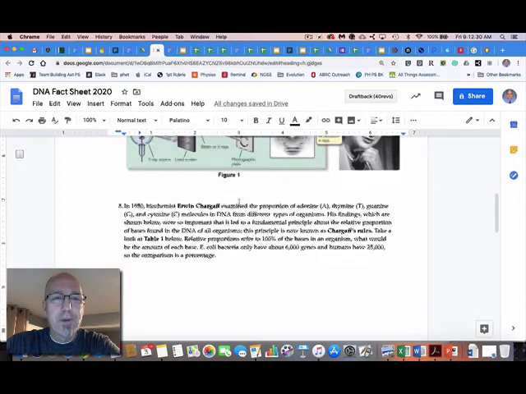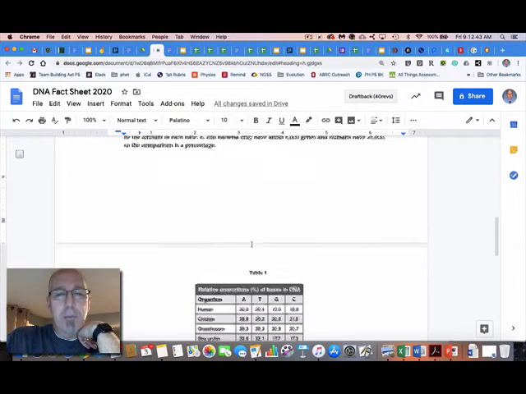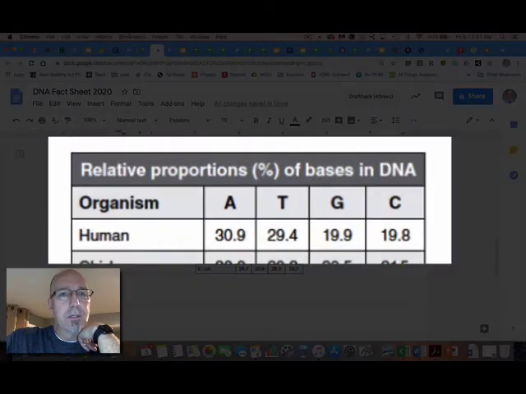All right. And then in 1950, a guy by the name of Erwin Chargaff studied the proportion of bases in lots of different organisms. And he came up with this chart. So he noticed that the ratio of A's and T's and G's and C's, A to T and G to C, were always the same. So if you look at the human numbers,